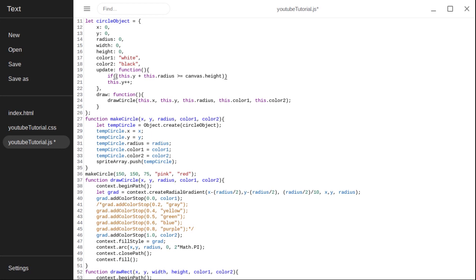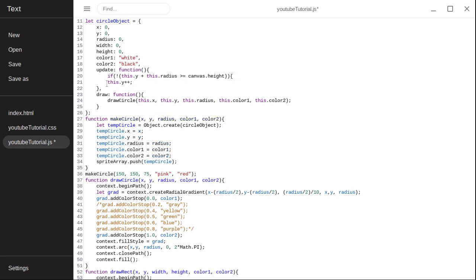And then just outside those parentheses, put an exclamation point, and that will reverse everything. It'll make it opposite. So now I'm checking to make sure that this dot y plus this dot radius is not greater than or equal to the canvas dot height,